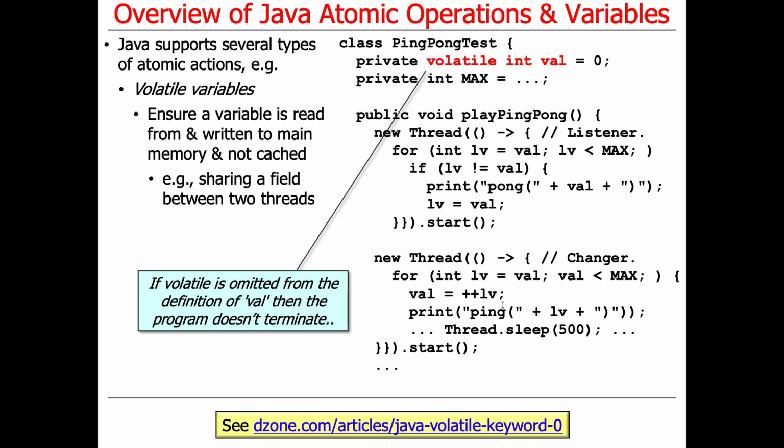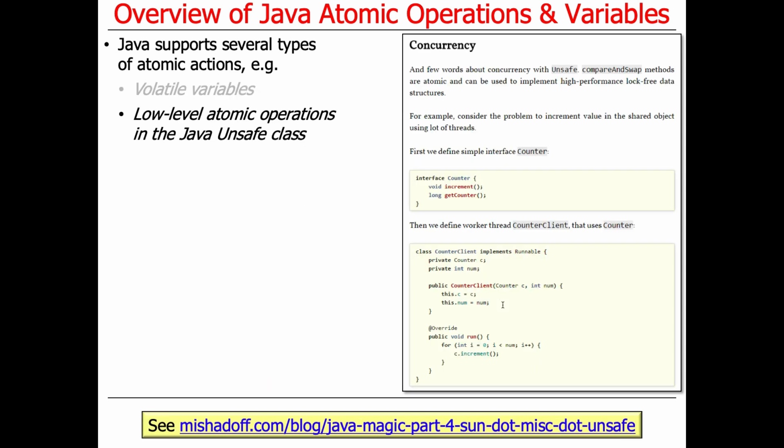Probably not the cleanest way of doing that. It requires knowledge of lots of low-level things. And it's very brittle because if you forget and take this volatile off, the program stops working. So volatile can be very useful in the hands of a person who knows what they're doing, but it's also fraught with peril. Other things you can do to get atomic behaviors are to use low-level atomic operations that are